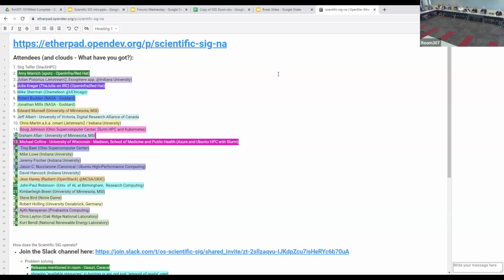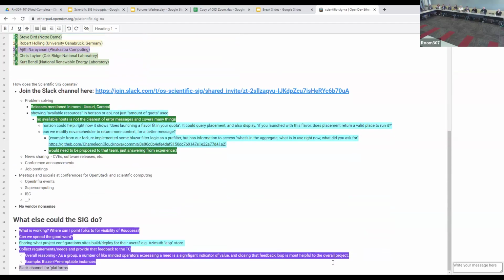Yeah, great. Who would like to pick up on a question down at the bottom which I was hoping to pick up on? Oh, someone is already. What else could or should this group, the SIG, be doing to do better in terms of this sort of process of connecting or advocating or other things? So if anyone had any thoughts that they'd like to raise about that, I think Julia's point about having a kind of a connection to the TC would be a really good point, actually. Sure, what else?